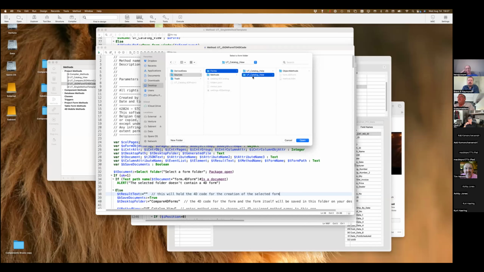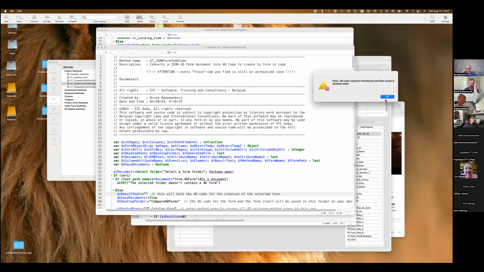So I just point to the folder. And why do I do that? Because I need this name, because I can have multiple forms in my method. This is the help text, and I need that too. So when I just point to that and I open it, okay, it has run.